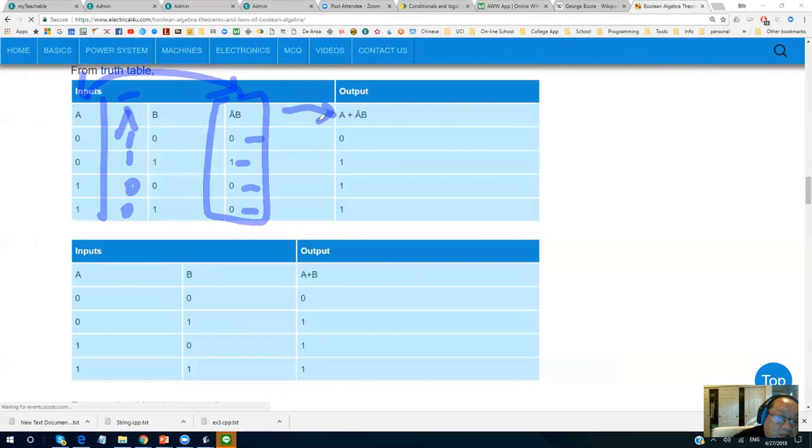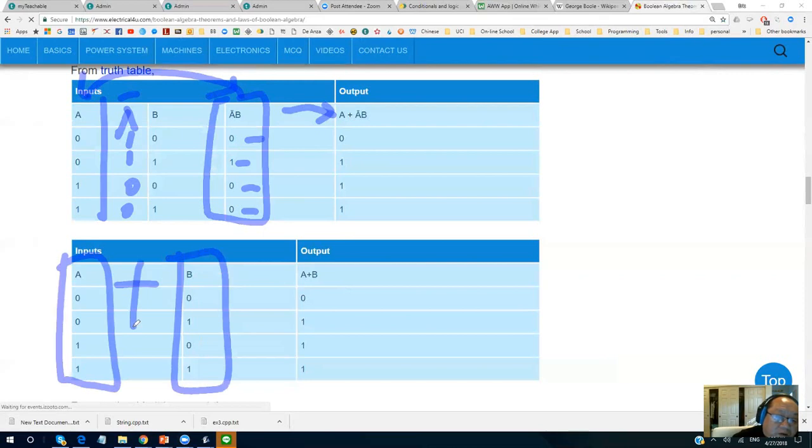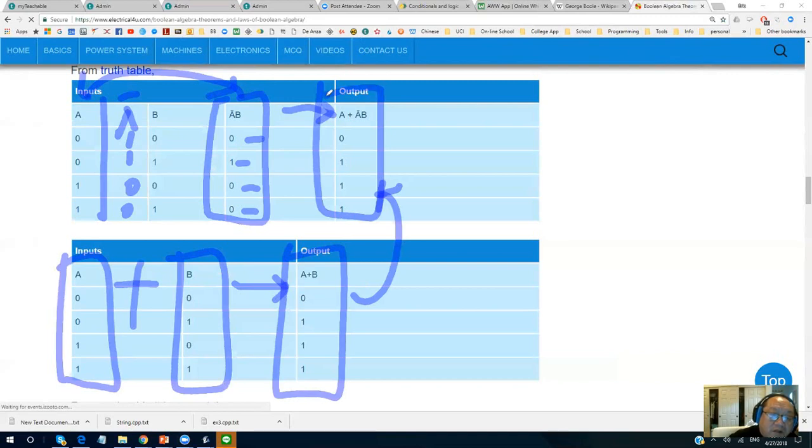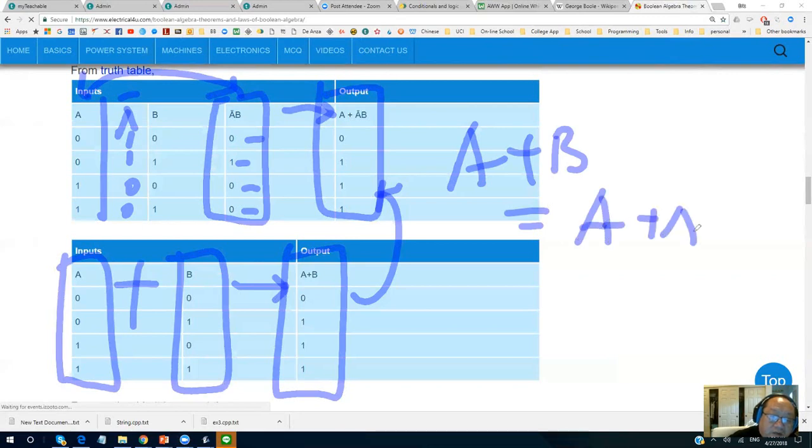Right? And then I also use the A and B. For 2 or together, I get this one. And then I compare this and this, 2 are the same. So actually, A plus B equals A plus A bar and B. So 2 are equivalent.